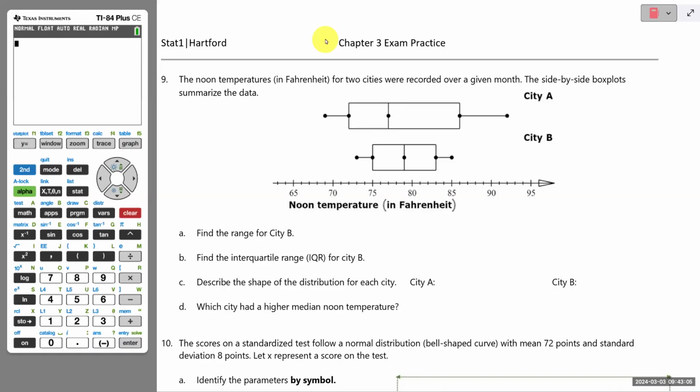Welcome. This is our Chapter 3 exam practice, page number 3, and question 9. The noon temperatures in Fahrenheit for 2 cities were recorded over a given month, and we have side-by-side box plots